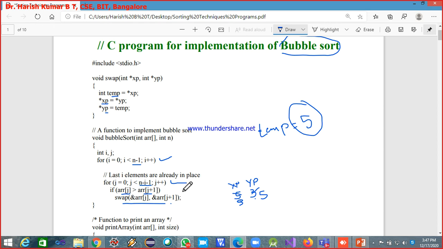And in the next iteration, j is incremented by 1. So j becomes 1. That means j is holding the index of this 5, and say the next number is 6. So array of j, that is 5, greater than array of j plus 1, that is 1 plus 1 is 2, 6. Is 5 greater than 6? The condition is false, we don't go for swapping. That means 5 is already smaller than 6, no need to swap. Okay, so this is how we go for sorting. So I hope this is the logic of bubble sort,